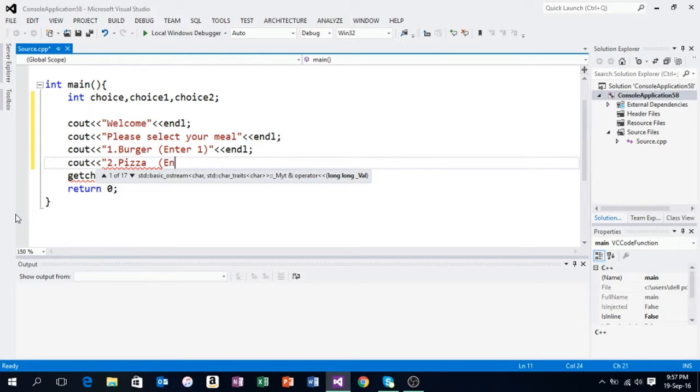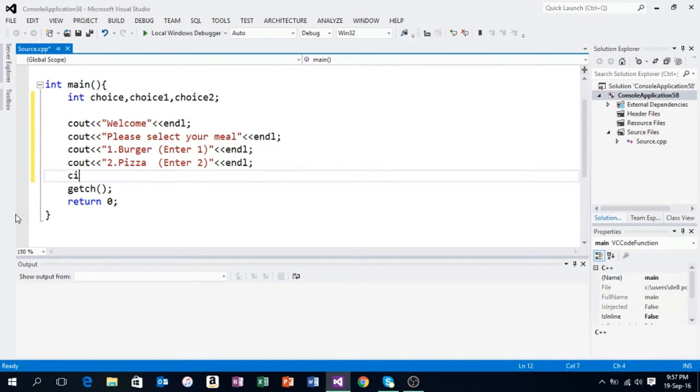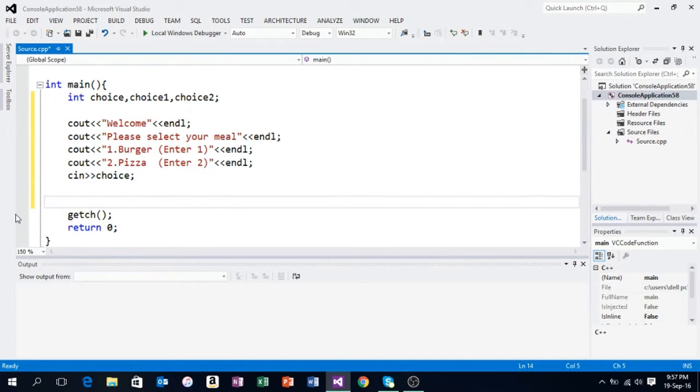Just like that, we'll prompt the user for entering 2 if he wants pizza, and then we're going to take the input, which will be choice,